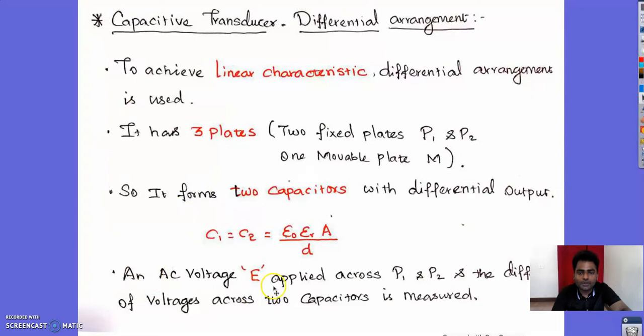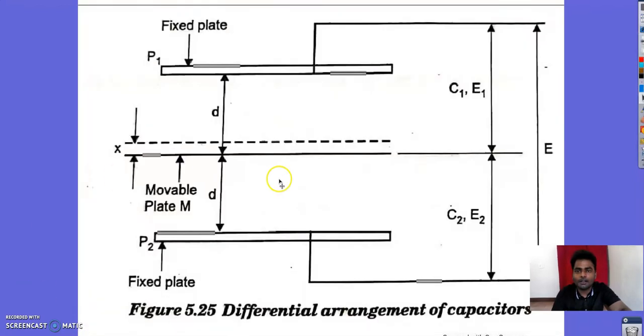and the AC voltage E is applied across P1 and P2, and the difference of voltages across the two capacitors is measured. That is, we are going to apply voltage between these two fixed plates, and while moving this movable plate, we are going to see how the capacitance varies. And here is the diagrammatic representation. These P1 and P2 are the fixed plates, and here is a movable plate,